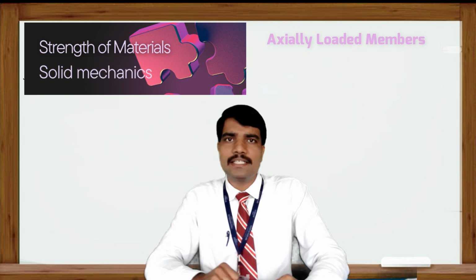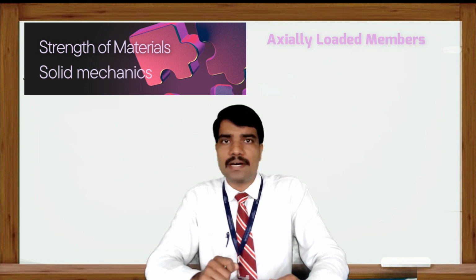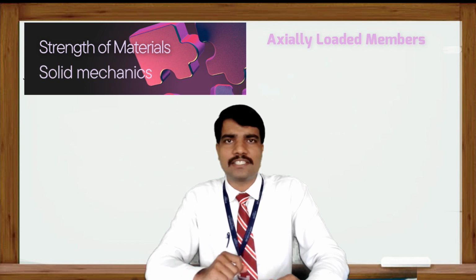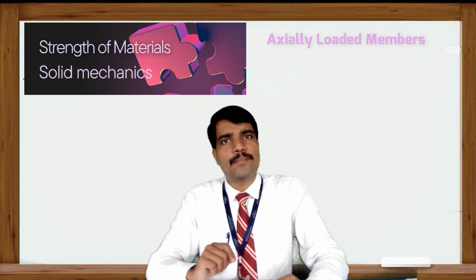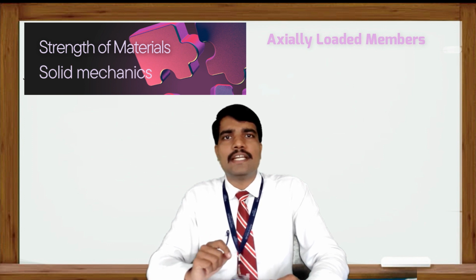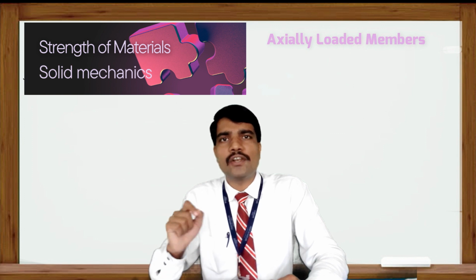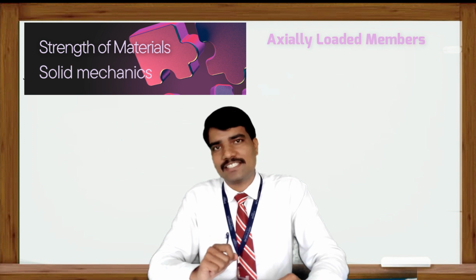If we find the internal forces, stresses or total elongation or contraction produced in the member by using simple static equilibrium conditions and free body diagrams, then that member or that structure is called a statically determinate structure. And if it is impossible to find the internal forces by using static equilibrium conditions alone, then those structures are called statically indeterminate structures.